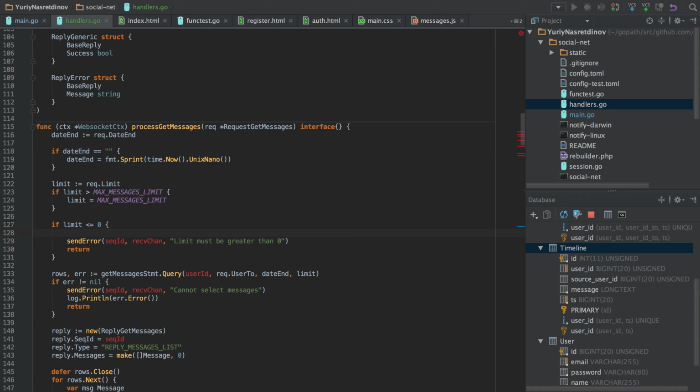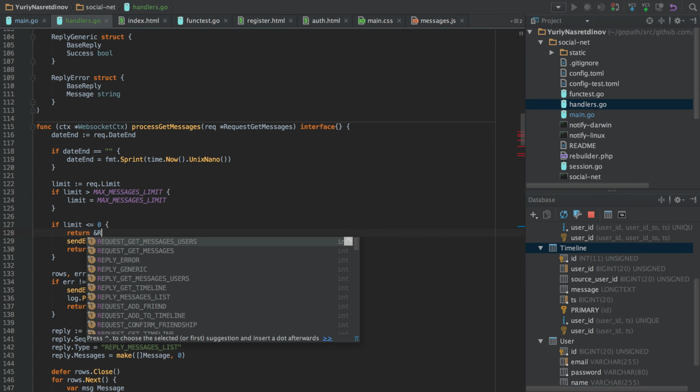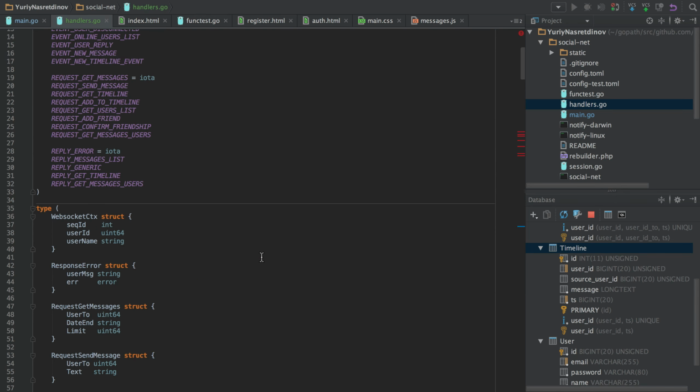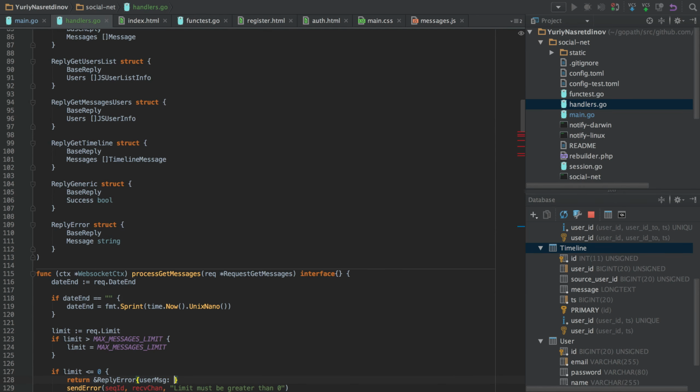So instead of using the sendError function, we will just return the response error, not reply error, but response error actually. So I will fix it in a couple of seconds, as you can see.